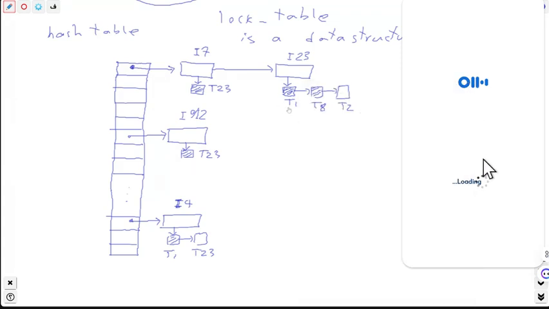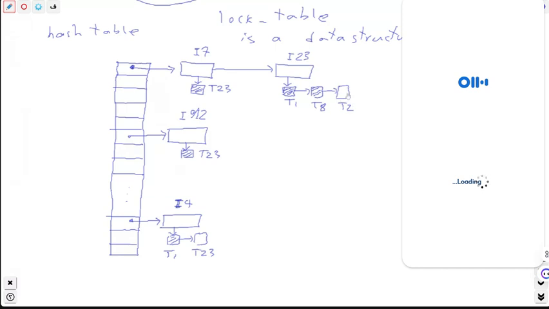So here transaction 1 and transaction 8 have granted locks on data item 23. So data item 23 is locked by transaction 1 and transaction 8, but transaction 2 is waiting